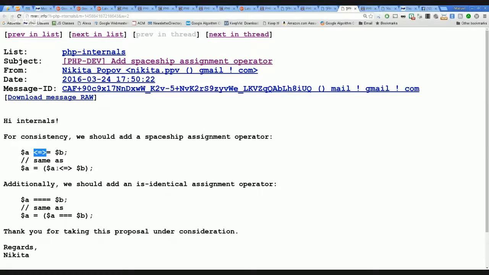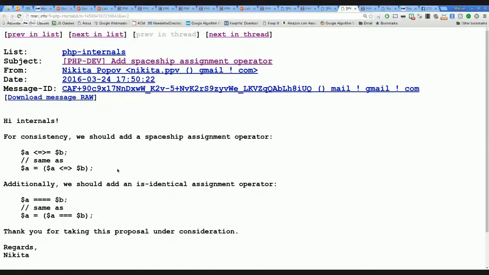If you have the expression A spaceship B, this will return 1 if A is higher than B, -1 if A is less than B, and 0 if A equals B.